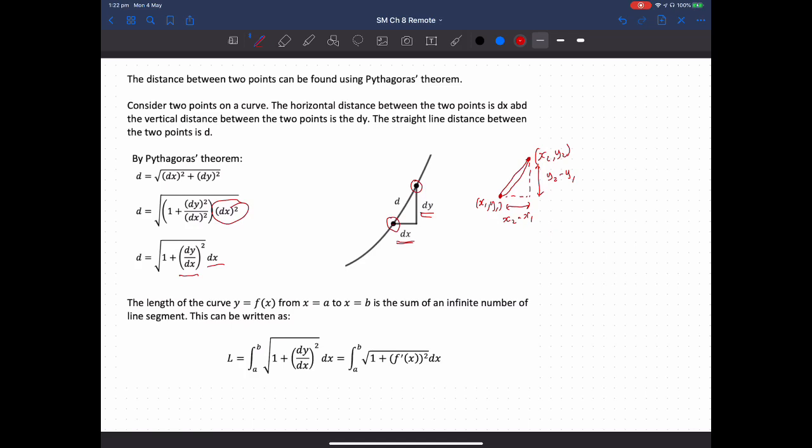So if we were working out a length, so if we were adding multiple little straight lines together, then the length would be the integral from a to b of the square root of 1 plus dy/dx all squared, dx. And we could write that in a slightly different way. Instead of writing dy/dx, f dash x